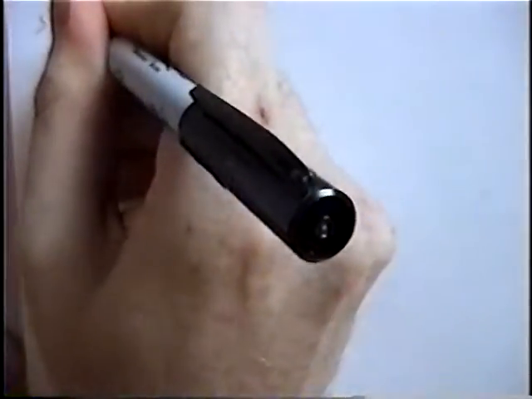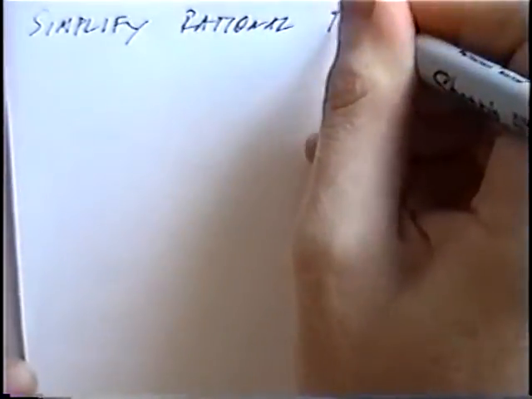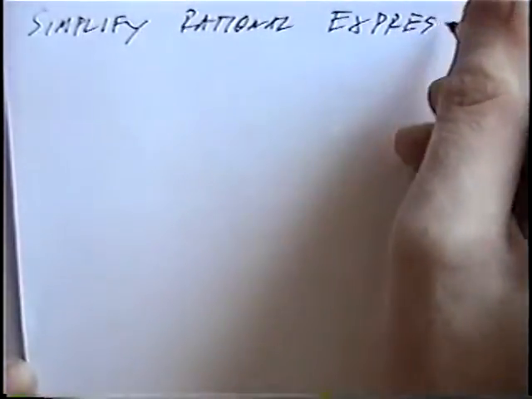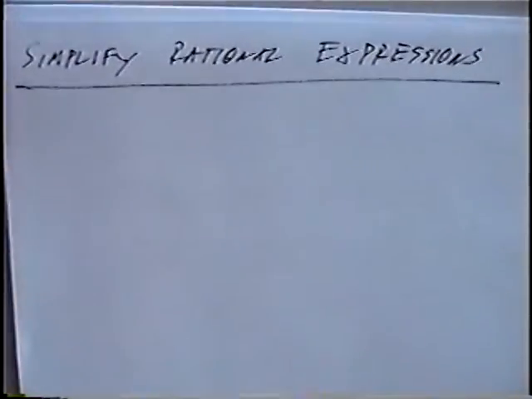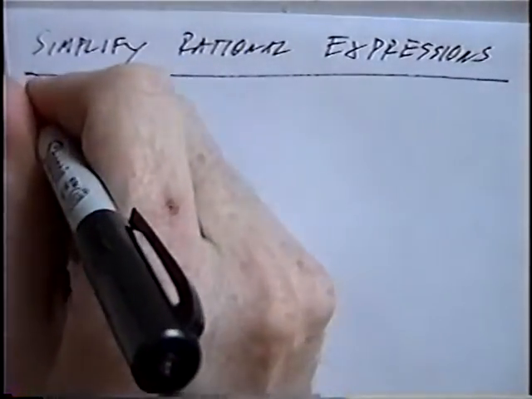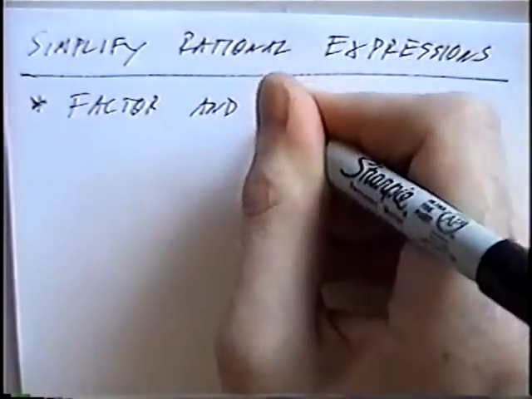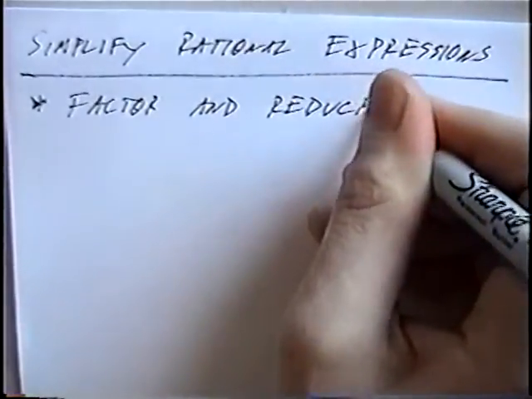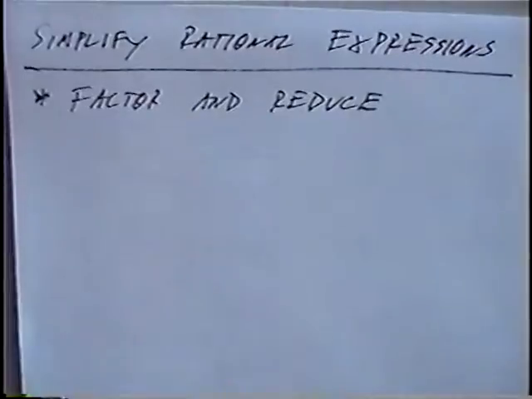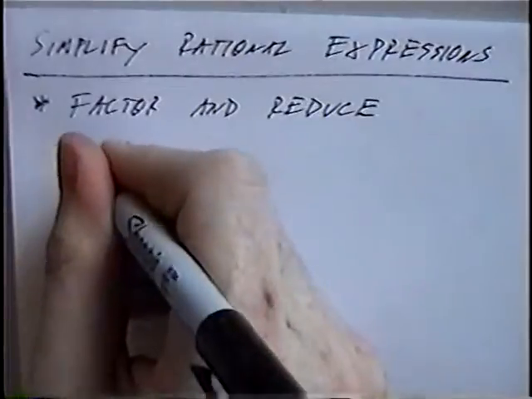The last section of notes today is titled Simplify Rational Expressions. The one definition or step for this question is to factor and reduce. The first question for this section is 6a plus 9